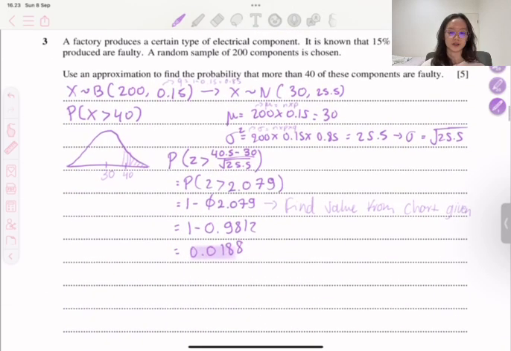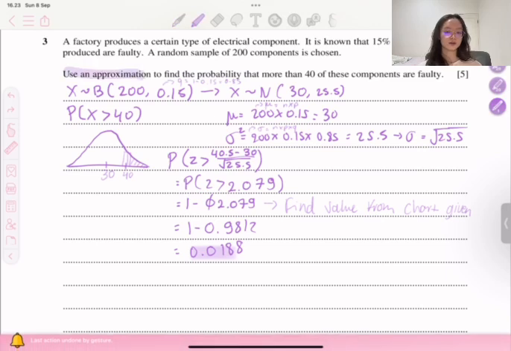Now for the third question, a factory produces a certain type of electrical component. It is known that 50% of the components produced are faulty. A random sample of 200 components are chosen. Use an approximation to find the probability that more than 40 of these components are faulty. So we know that this is a binomial distribution, but since they asked us to use an approximation,